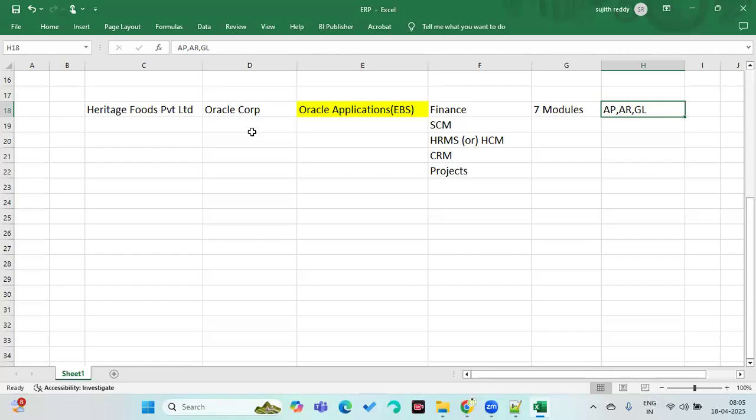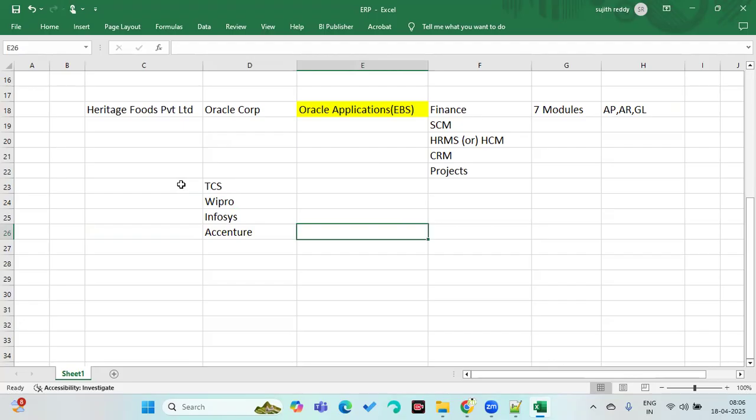Once they buy the licensed software, they'll go and give this project to either TCS or Wipro or Infosys or Accenture, who are all Oracle partners.